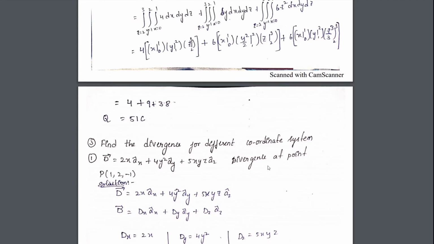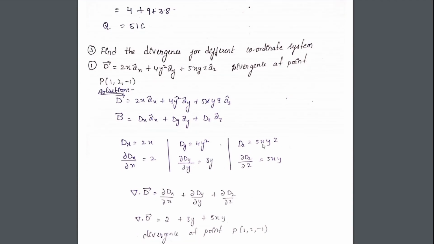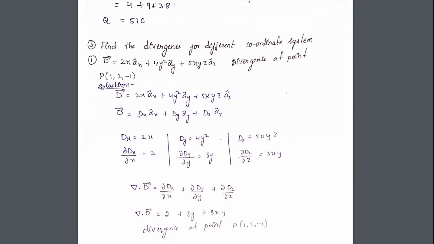Then the remaining three problems are simple ones. You just need to find the divergence at a particular point which is specified. First one, divergence. If you want to find D in Cartesian form, the corresponding point is 1, 2, minus 1. So this procedure is the same for all. The first one I told you in the previous problem, Cartesian remains the same as before. You can do that. Concentrate on the cylindrical here.